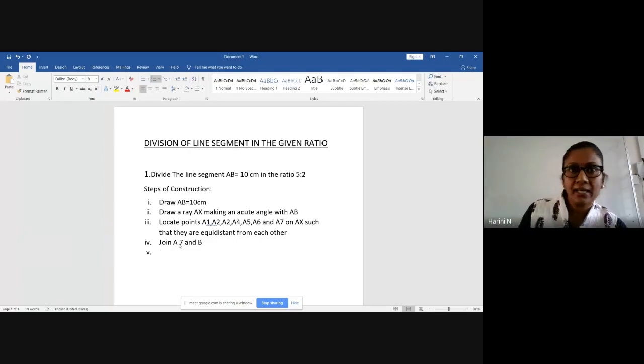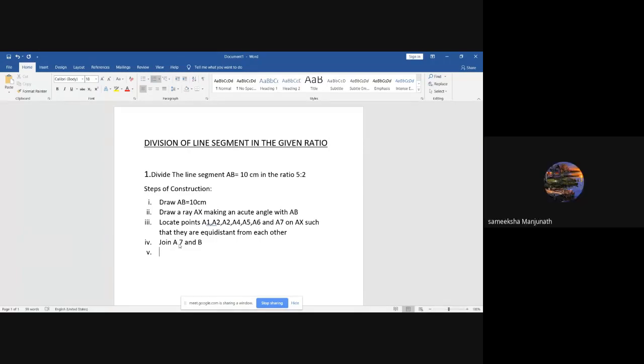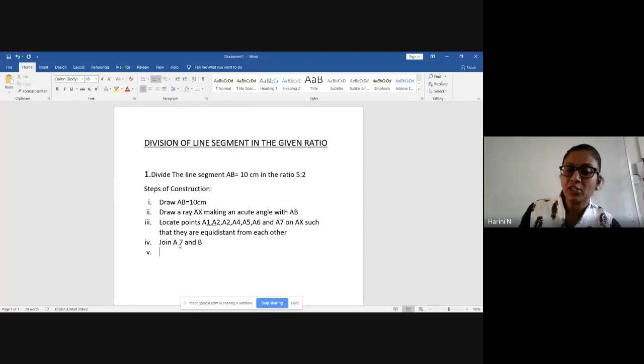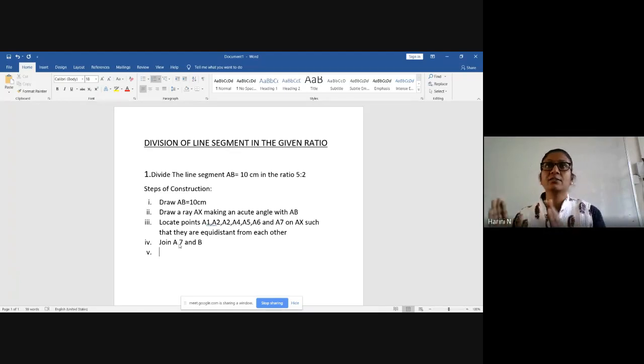Why did we copy the angle? What was the reason to copy the angle at A5? We want to draw a line parallel to A7B. Yes, so you are drawing a line parallel to A7B at A5. So that's what you have to say. You don't have to say I copied this angle there. Why are you copying that angle? Because they are corresponding angles. If they are equal, then the lines will automatically become parallel.